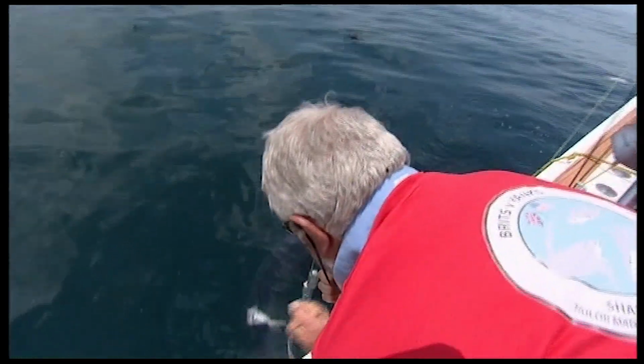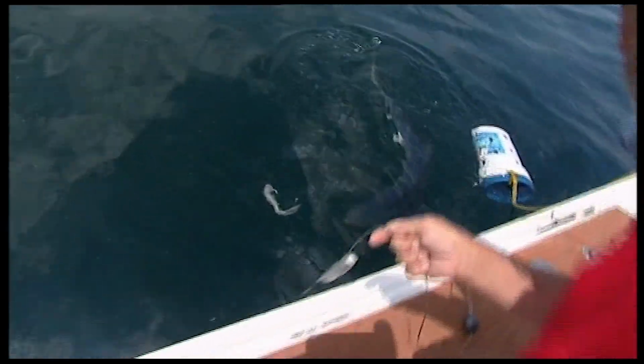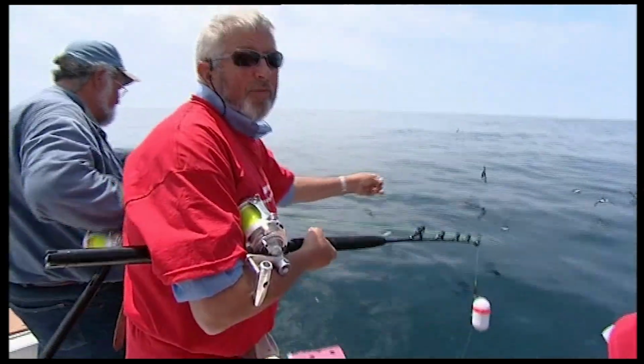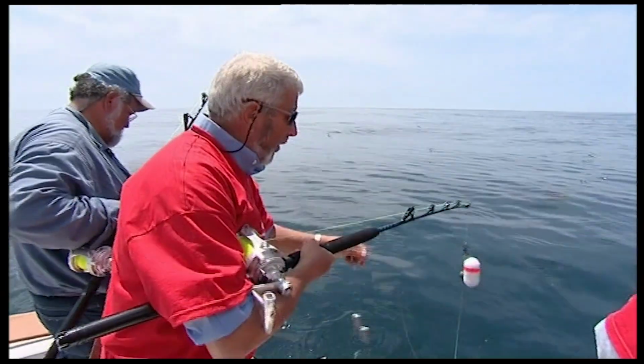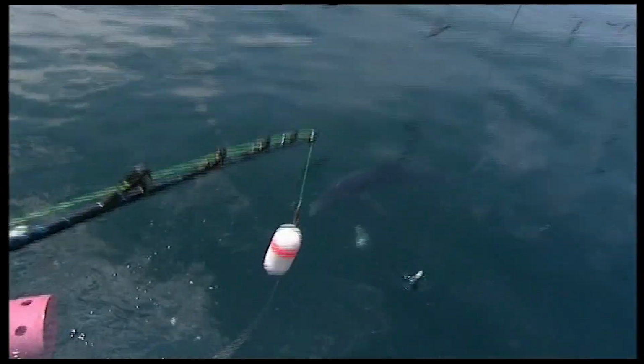Oh, he nearly took it. I just twitched it and he... Is he going to take it? He's going to... No, he's not. Well, here we are. We've got 4 baits over the side here. There he is. There he comes again. He's coming in again now. Look, I blew about a couple of hundred and we can't get our baits at the right...